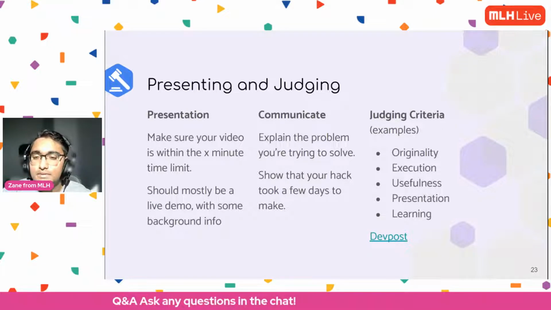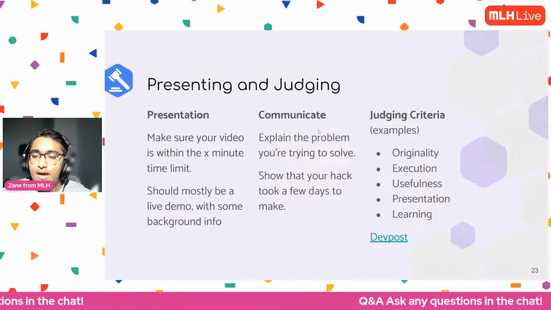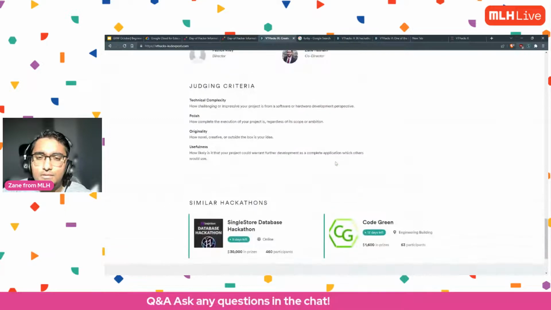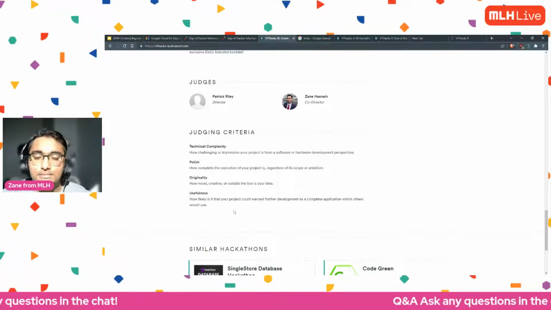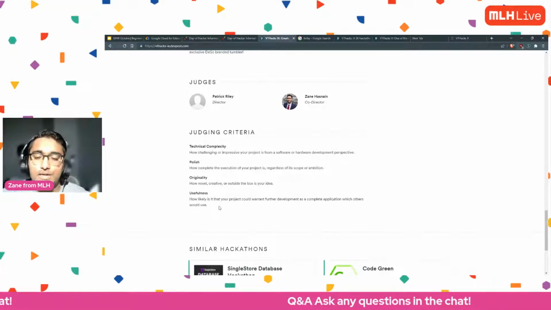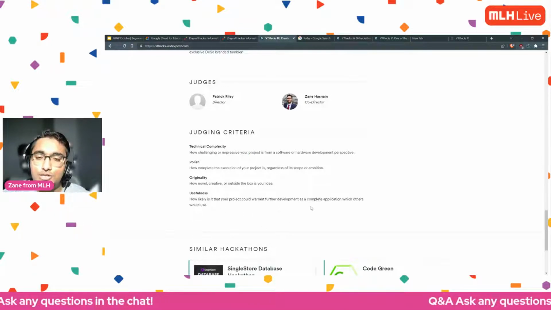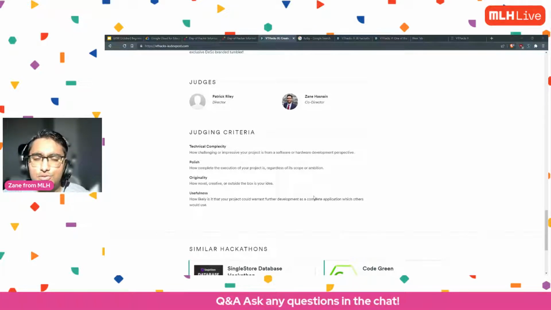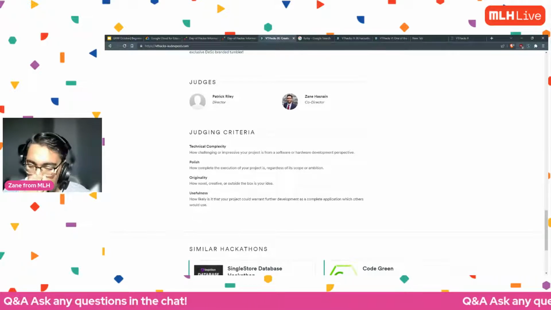And also, like I mentioned, explain the problem you're trying to solve, and keep in mind the judging criteria. These are just examples, but for VTX, we have our judging criteria. It's usually at the bottom of Devpost pages, or you could just ask the organizers if there's any criteria. Usually it's something like technical complexity, like how technically challenging or impressive the project is,